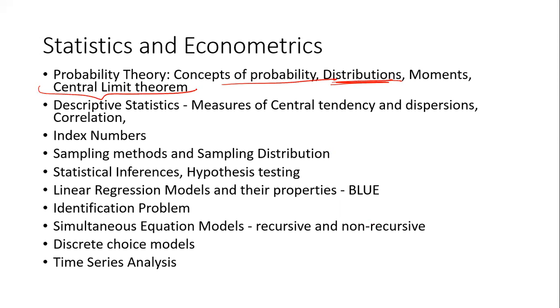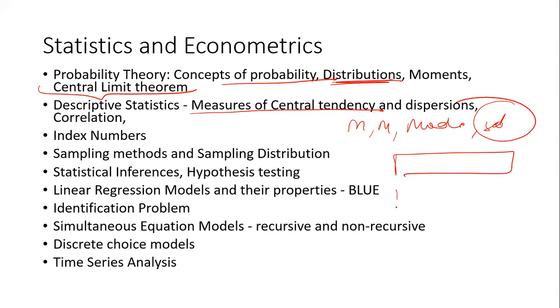What is the central limit theorem? Why do we say that as the number of observations increases, it tends to reach a normal distribution? What are the measures of central tendency? What is mean, median, mode? What is standard deviation? If I give you two questions with the same mean and different standard deviations, I'm going to connect this to micro, but I'm going to ask you